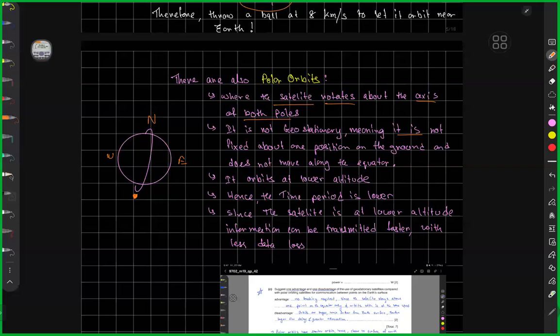Isn't that clear to you guys already? Obviously, if my Earth is spinning west to east and this satellite is going from south to north, I'm not going to stay about the same fixed position. While Earth is spinning west to east about this position, I'm going up. The Earth is not moving up with me or rotating up with me. So I'm not going to stay above the same position. That's a problem with polar orbits. I don't stay above the same point. So that's one. Second is